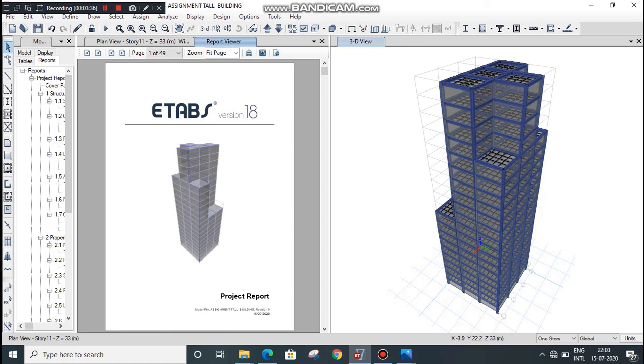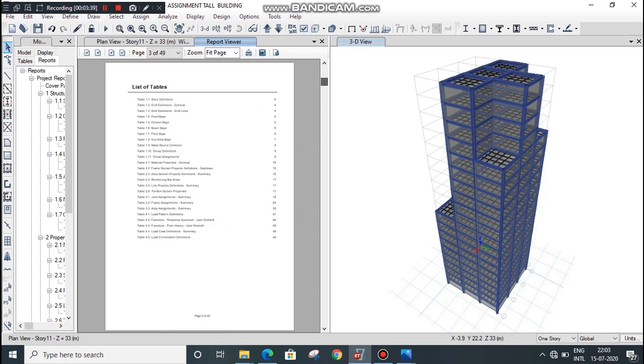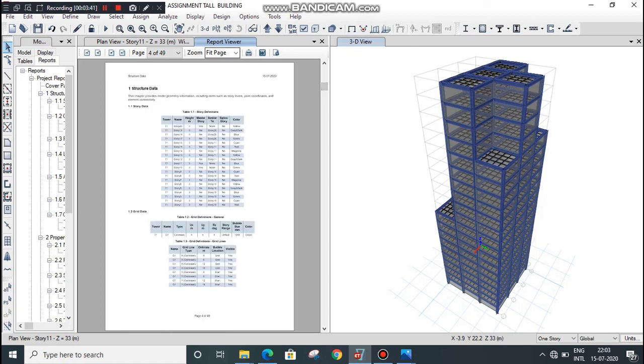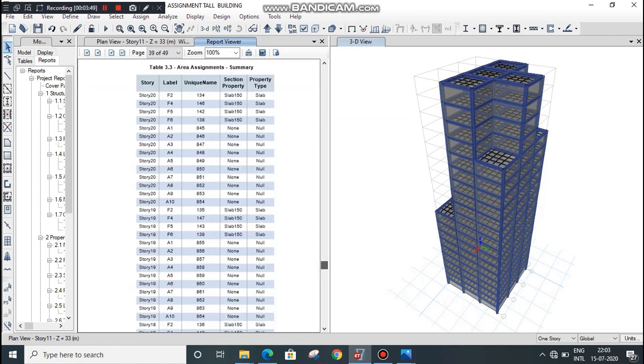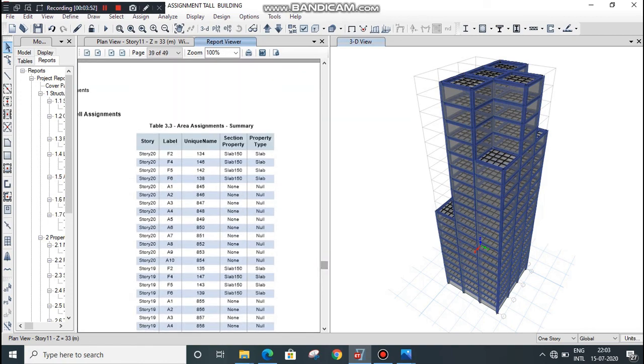Now you can see here that the project report has been shown. This report has the full details related to the slabs, beams and columns of each and every story.